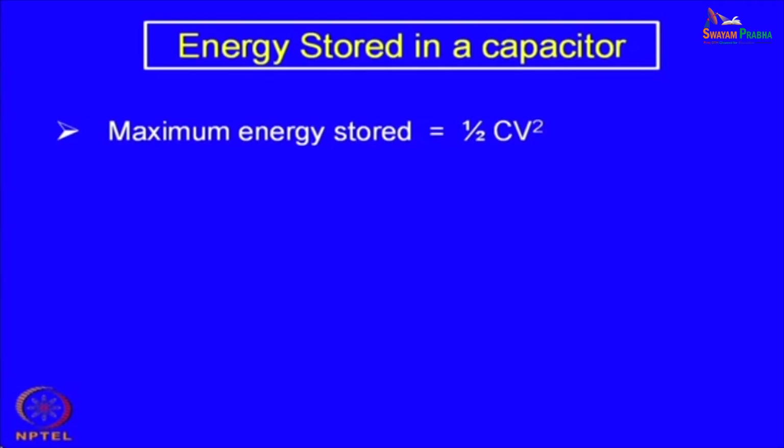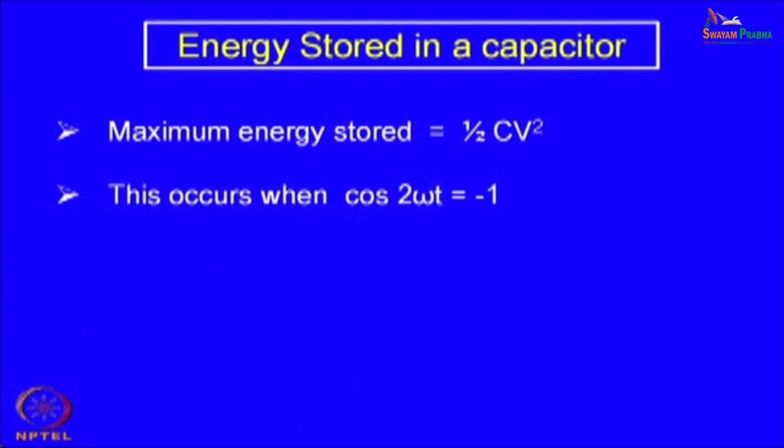So, the maximum energy that can be stored is actually equal to half C into V square, V is the applied voltage. This stored energy of course is dependent on frequency. It is not the same at all frequencies. So, depending on the frequency, the amount of stored energy will vary,